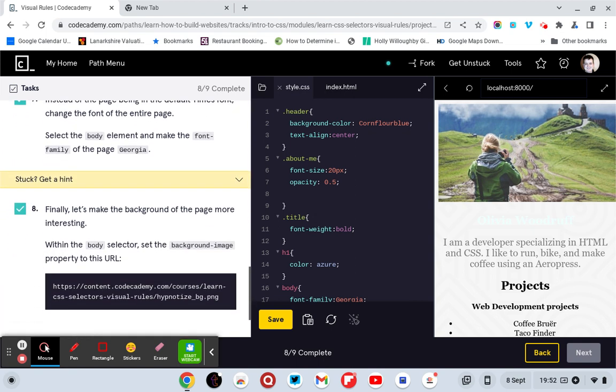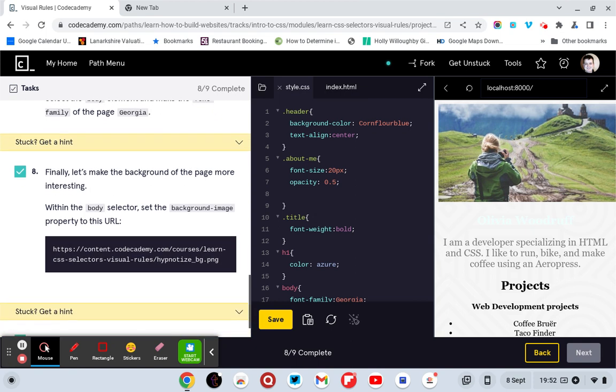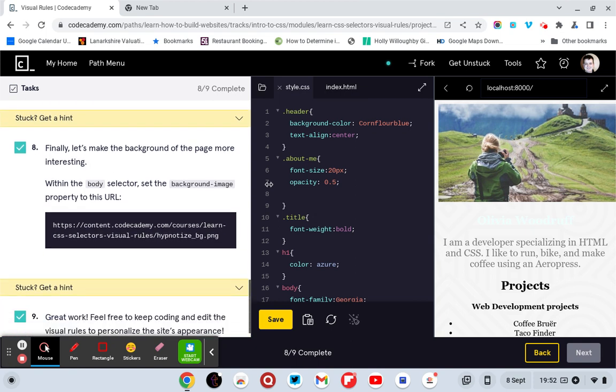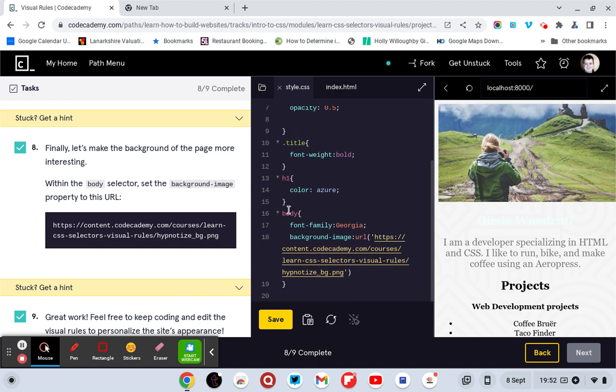Instead of the page being in the default Times font, change the entire page. Select the body element, make the font family of the page Georgia. So body, parentheses, font